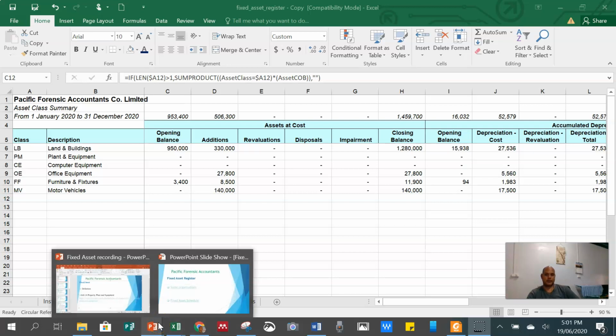So there are things that organizations need to do differently in order to assist in resolving audit issues regarding the fixed asset register and fixed asset schedules. So in this presentation, I allowed you to have access to this template, and you can use it if your organization is struggling to meet the needs of your tax office or to meet the needs of your auditors.